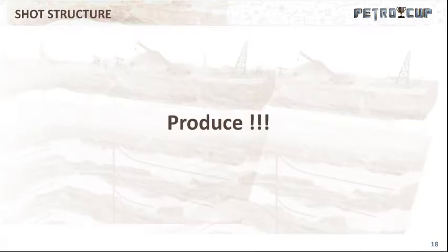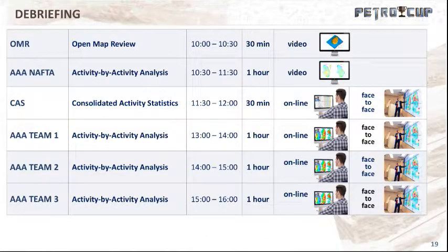Once all activities are scheduled and the budget is spent, the team's captain will finalize the shot by instructing the PetroCup engine to produce the field and wait for the production response, which may take a few minutes. After the last shot of the tournament is over, the tournament is announced to be closed, and the PetroCup engine will open